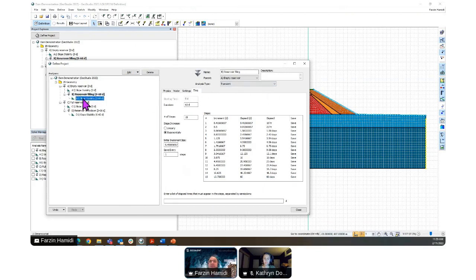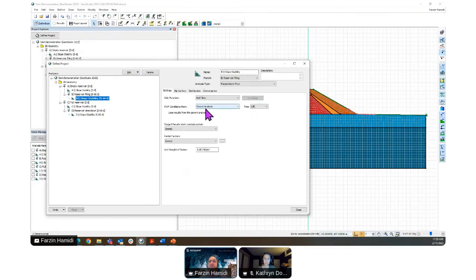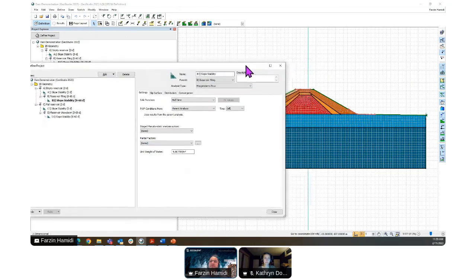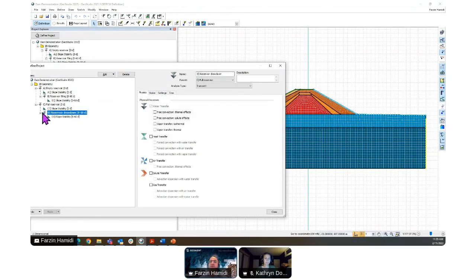And then subsequently, we have a slope stability analysis. So it has a parent analysis. Here, this time is a different one, a reservoir, which is the B1. And this time we are able to do it for even just the last one or for all of them. So if we select all of them, a slope stability analysis is going to be conducted for all the stages of this filling, and also the drawdown transient analysis. Similar for the full reservoir and the reservoir drawdown.